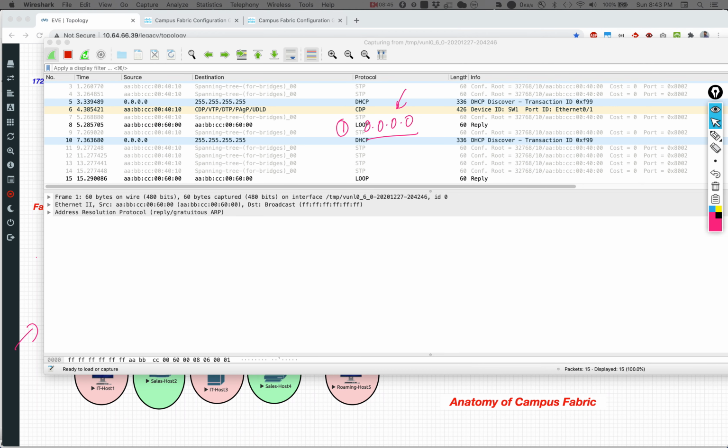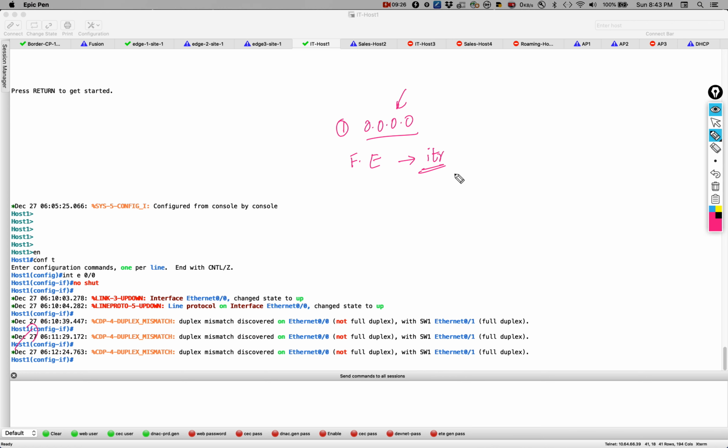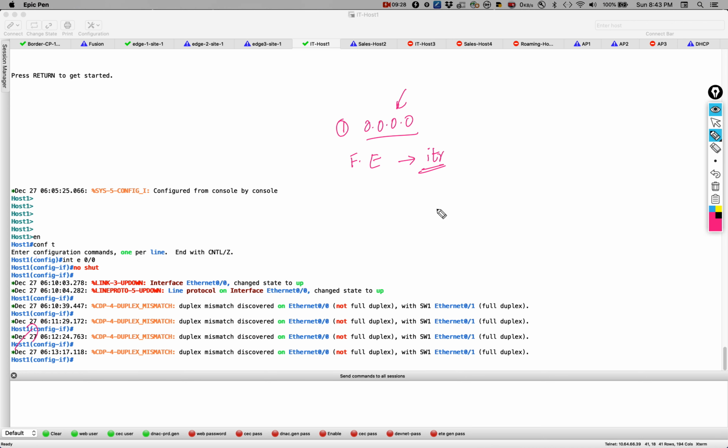Now the problem here is that the packet's source address is 0.0.0.0. When edge 1 receives this packet, if you configure the fabric edge to be just an ITR, one of the important rules of LISP fails, right? What is the rule of LISP? This very important rule of LISP states that